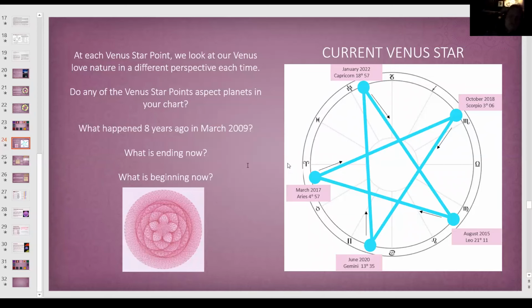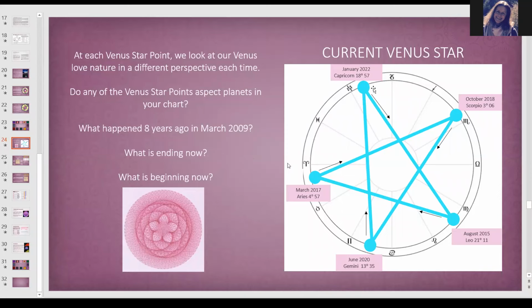I'm going to listen to this again and again, and I know it will sink in on different levels, but that was off the top. You've still got a way to go. Like, we share the same points. We share the same Venus star. And so we still, you know, every